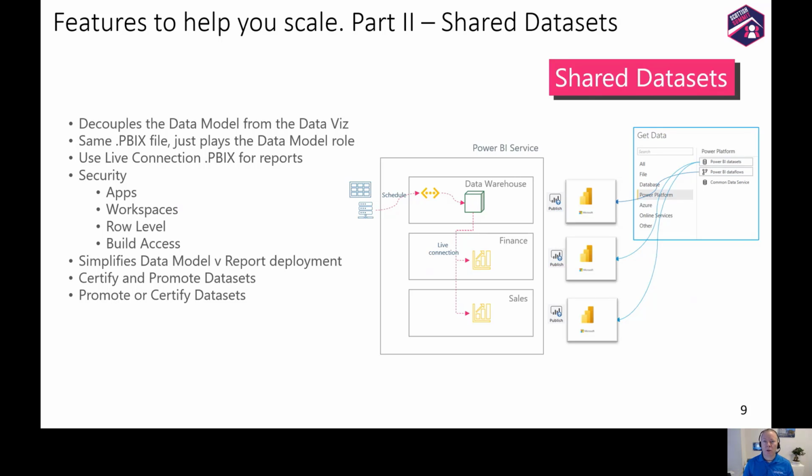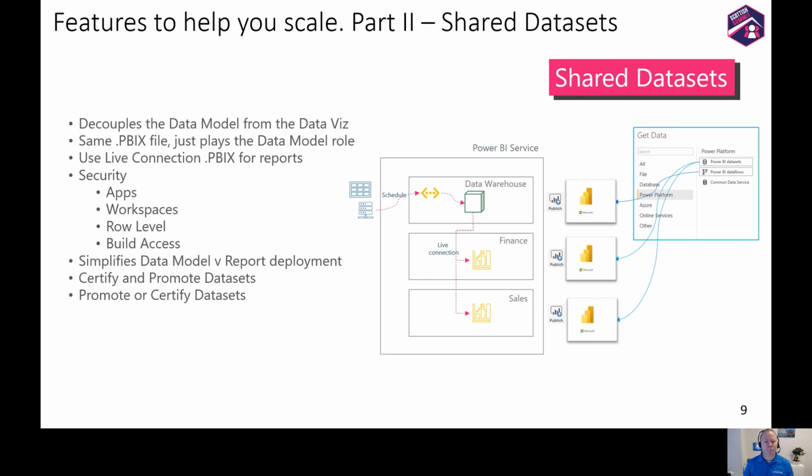And then your end users have access to reports, which are not published in the same location, but into their own workspaces that are relevant to them. So finance people can look at finance-related reports in a finance workspace, and sales people, sales reports, sales workspace. They don't really need to see the data set in the workspace. They do need to be able to read from it though,